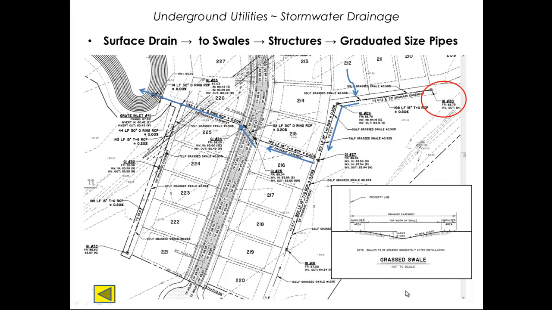Remember grade inlet 30 that we saw in the profile? Well, here it is in the upper right, circled in red. And the other lines and structures we just saw follow the path here of these blue arrows. Now let's again follow the blue arrows and visualize that we are rainwater falling on lot 212. This lot will be sloped towards the back, so we will travel by gravity, by surface flow, to the grassed